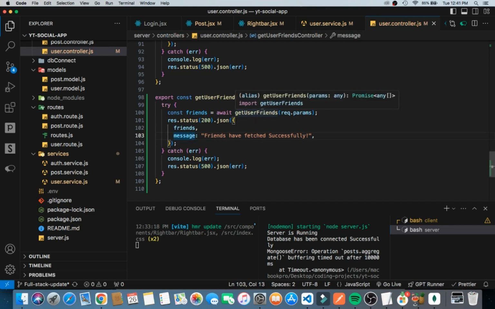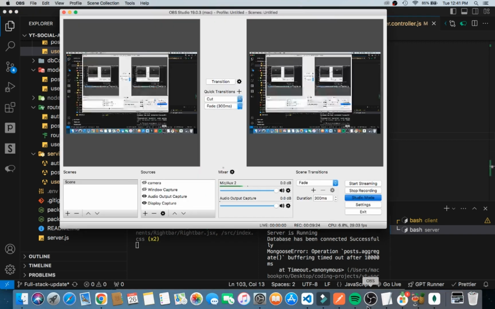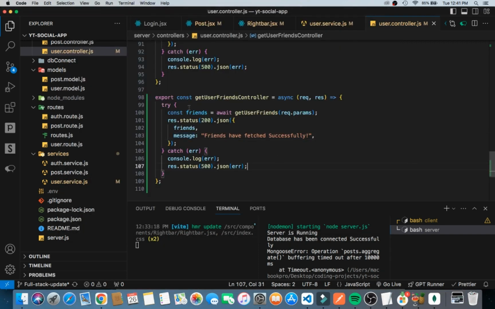So now that we've been able to set this up, let me check my mic. Okay, it still works. Now that we've been able to set this up, we can now use it inside our